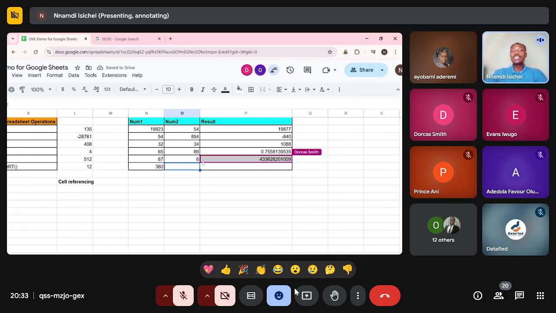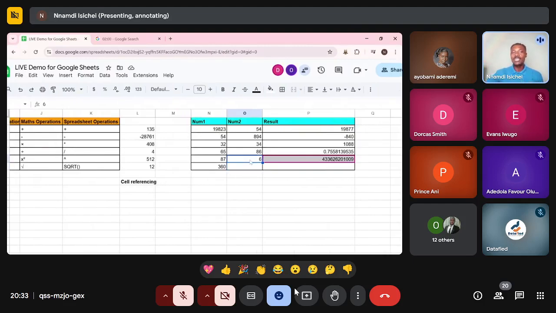So this is the answer. Raising 87 to the power of 500 and something is a really large number, and the spreadsheet does not have the capacity to display such a number. That was why it returned the error earlier. But as soon as I change this number to 6, we have the number displayed. Okay. And finally, let's